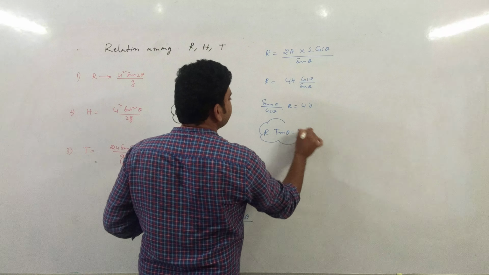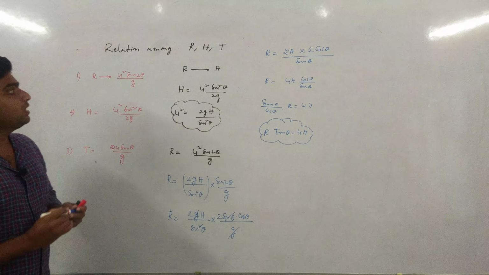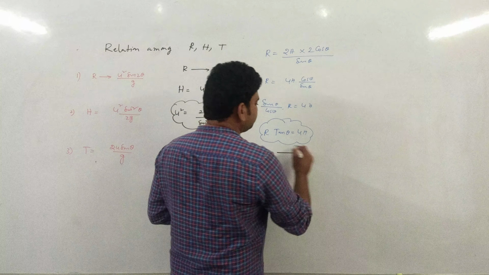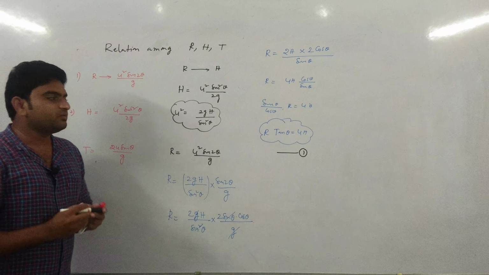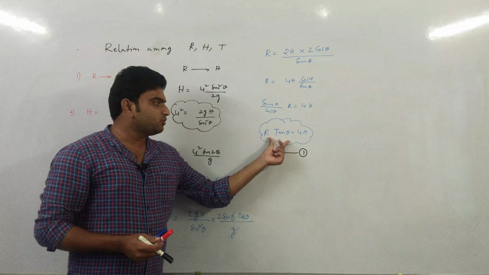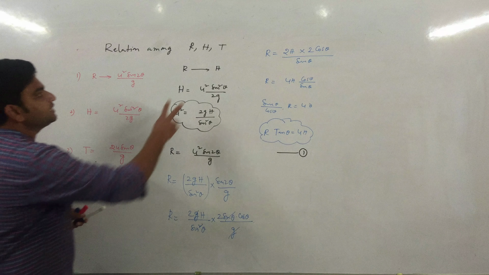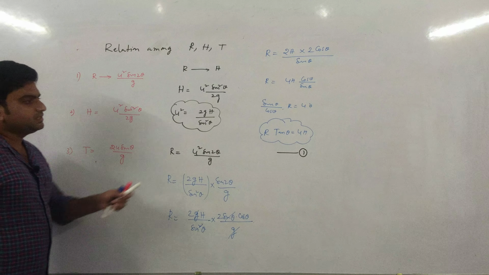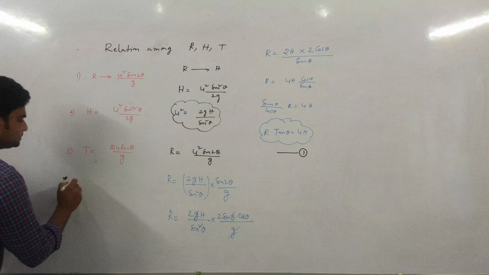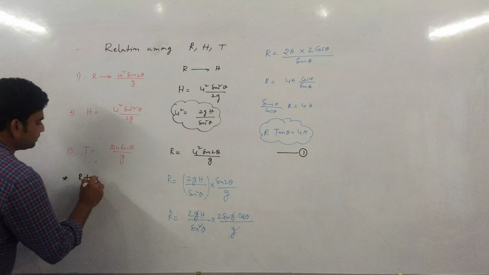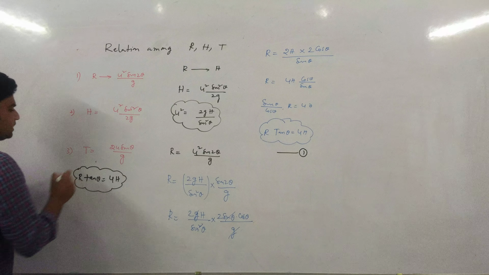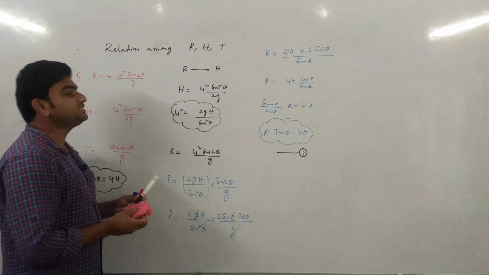This is the relationship between R and my h. So just take this as equation number 1. Now I got the relationship between my R value and h. This is R tan theta equals 4h. In the same way we will see the relationship between h and T. Just remember this value I am writing here, that is R tan theta equals 4h. This is one conclusion we got. Similarly we should get one more value, that is the h and T formula we will see.